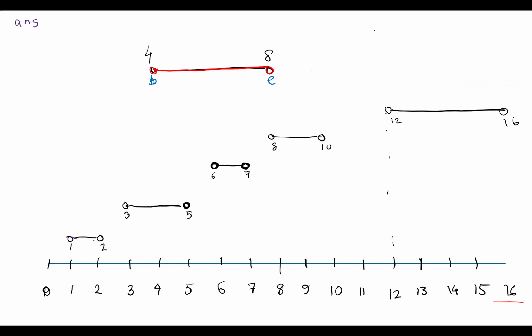Okay, so how do we check? This is the first interval. How do we check if this one is overlapping or non-overlapping with the new interval? What we do is we check the end point of this interval with the beginning point of the new interval. And we see that the end point is smaller than the beginning point, right? In that case, it's straightforward. We just add this candidate interval, we call this a candidate interval,